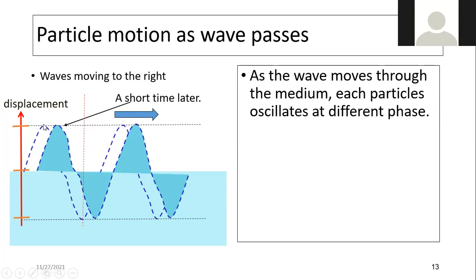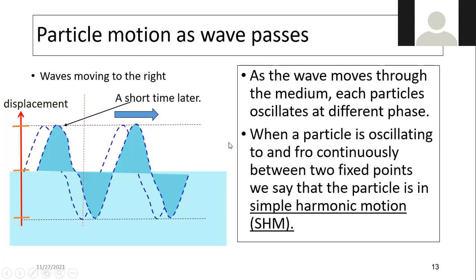This particle can be at 90 degrees. This particle at 0. This particle is at 180 degrees here. But as the wave moves along, the particle at the top there moves downwards. At 90 degrees, it moves to 0. Or the particle here at 0 moves to maximum. Or the particle here moves downwards there. So as the wave moves further,